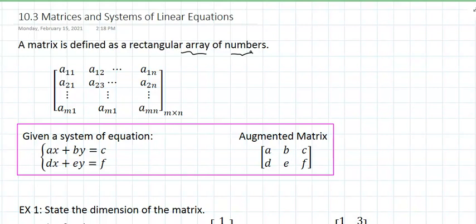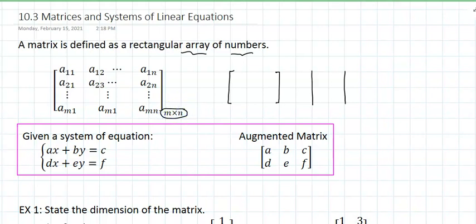And each matrix, the notation for a matrix, the notation for the determinant. So those are different notations. Every matrix